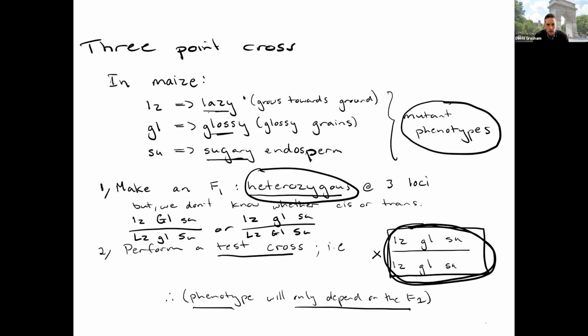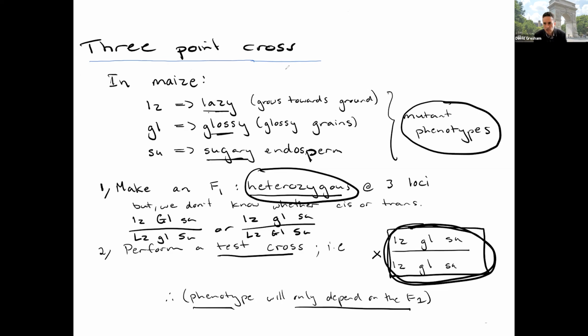All right, so here are my notes from the end of last class. We got a bit delayed last class, so I just wanted to go back and briefly go over this again. So what we were talking about towards the end of the class was doing 3-point crosses, okay? So this is where you have 3 factors. Whereas with Mendel, we were talking about 2 factors and dihybrid crosses,